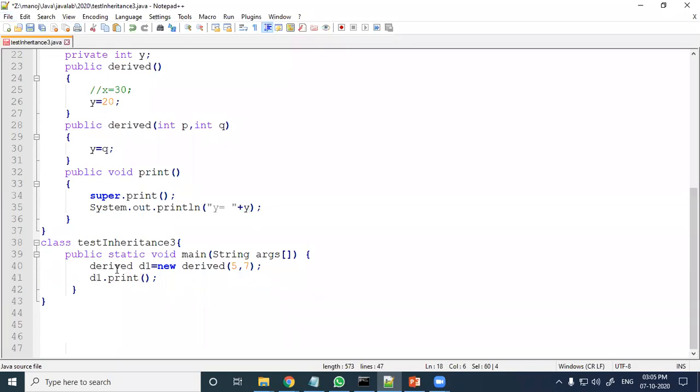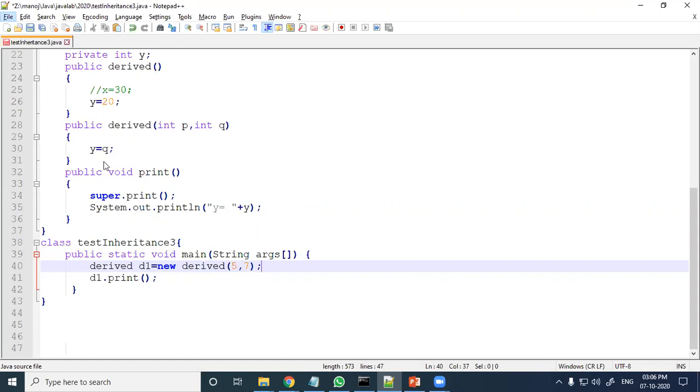Now my question is, what will be the value of x and what will be the value of y when it prints? 5, 7. Here 5, 7 is passed to the derived constructor, and p receives 5, q receives 7.